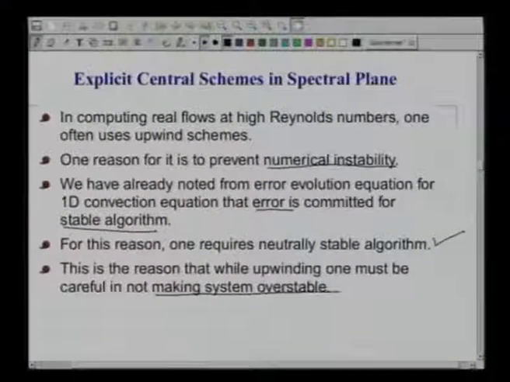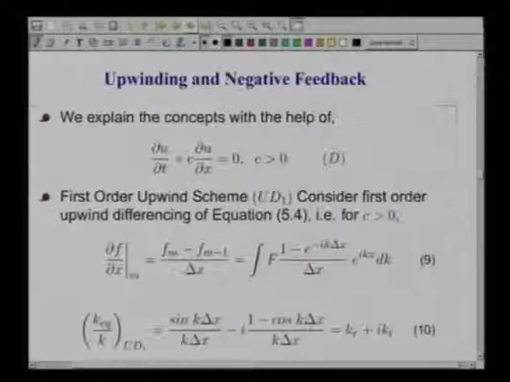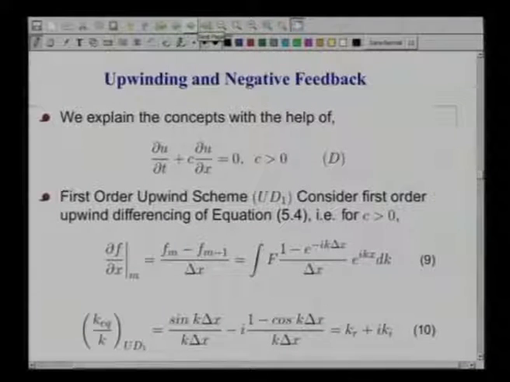That is what we want to make a comment here, that we do not want to make the system overstable. That is something we must be careful of. Okay. So, what does upwinding